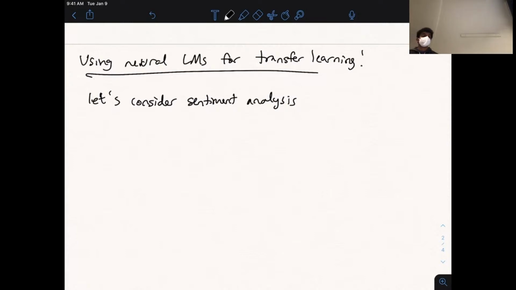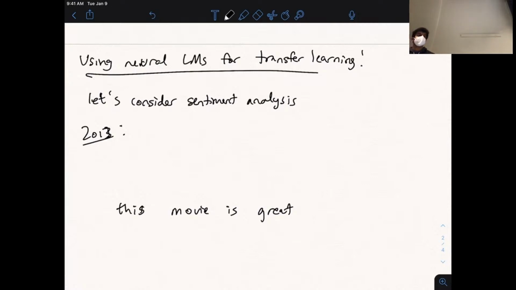Again, in this task, you're given some text and you're asked to predict whether it's positive or negative about some product review or movie review or something like that. Around 2013, this task was just starting to be tackled by neural network models. And one approach is, if I have the sentence S, "this movie is great,"